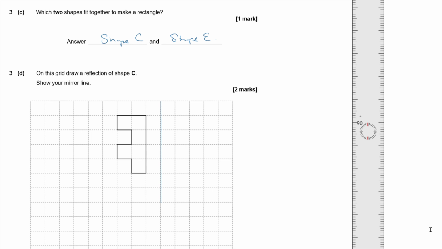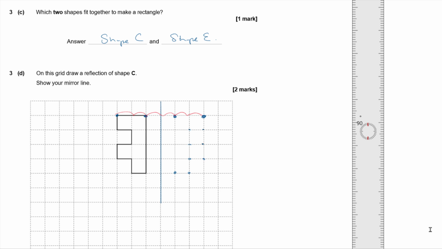Okay, so then take each corner of my shape. There's a corner here. Its image is 1 unit away from the mirror line, so its image is going to be 1 on the other side. It's going to go here. Then this point over here, look, that lies 1, 2, 3 units away from the mirror line. So 1, 2, 3 units away on the other side is going to be its image point. And if we do that for each of the corners of this shape, you will trace out